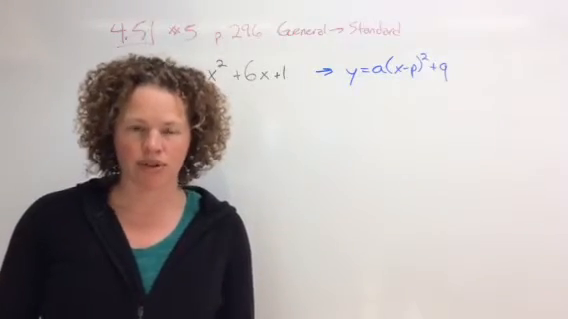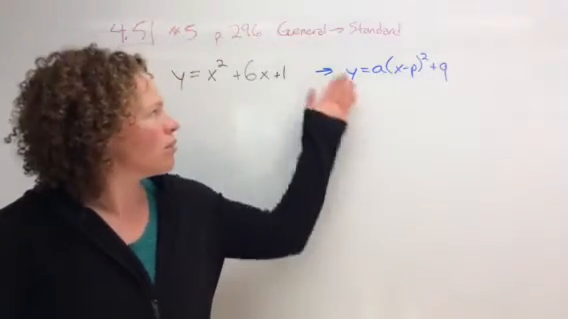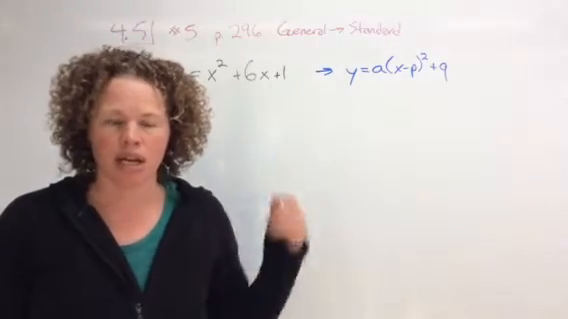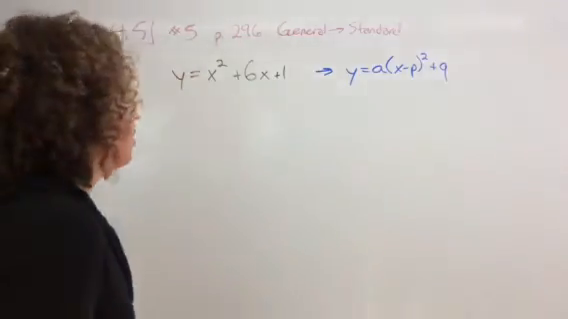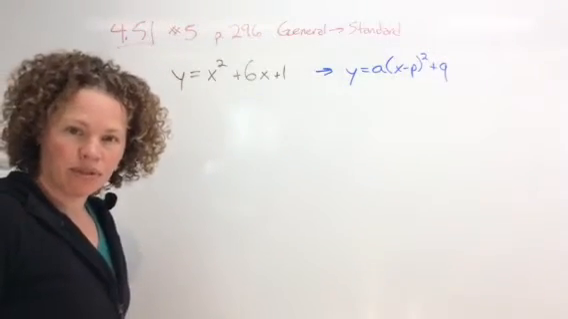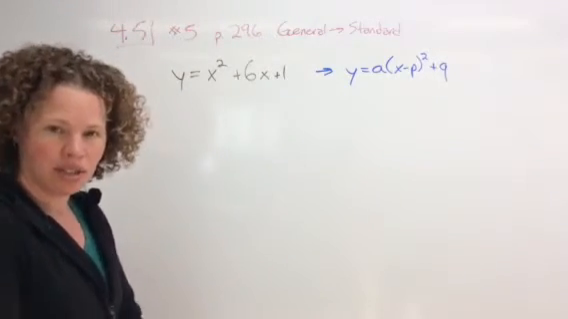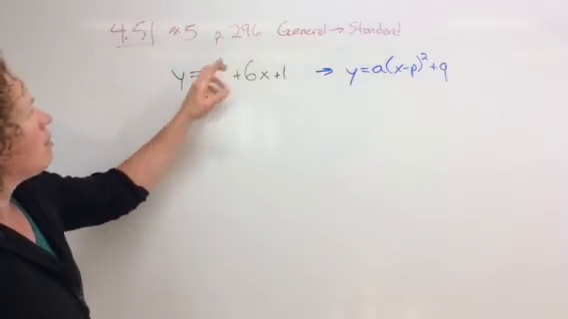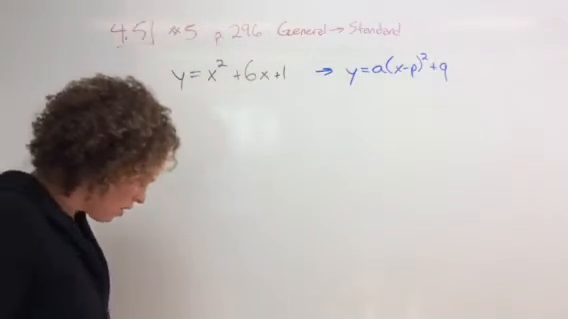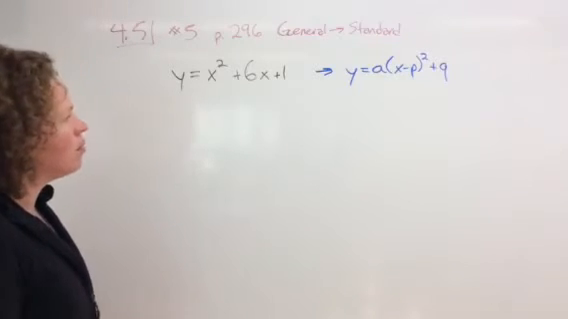The most important thing to focus on when they're asking you to go from general to standard form is completing the square. That's what's going to get you there. So you might want to go back in your book and review completing the square if you're having any difficulty with this, but for now I'll walk you through it. Now this is number 5 on page 296, and I've had a student ask me to help with figuring out